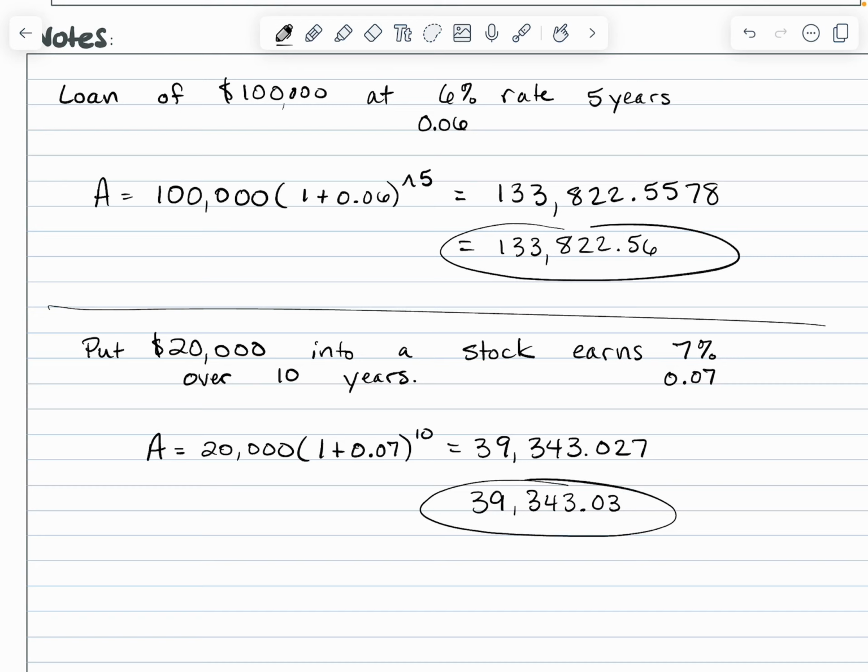So that $20,000, if I just put it in this account and I earn 7% and it compounds every year, after 10 years of just leaving the money in there, is now going to be worth $39,343.03. So that is the power of interest working for you when you're putting your money into an account rather than it